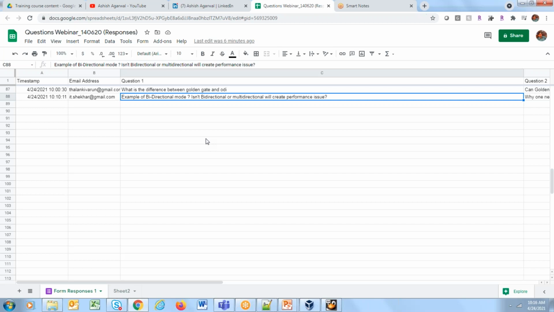Another use case I can give is, say for example, there was one case in bidirectional for one of the projects. I was working for one of the leading telecom companies of the UK at that time. So they had two sites. One was Rochdale and another one was the London site. What used to happen: the client used to send the file or data to any of the sites, and it should be replicated to the other site.